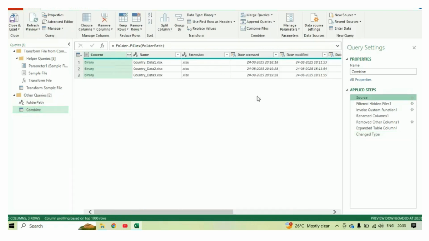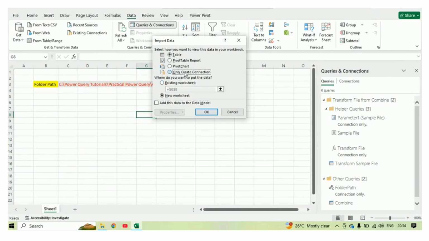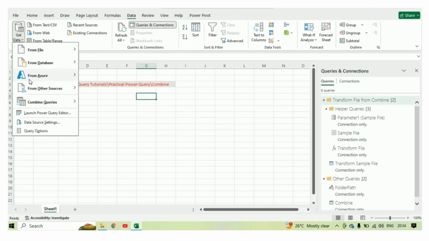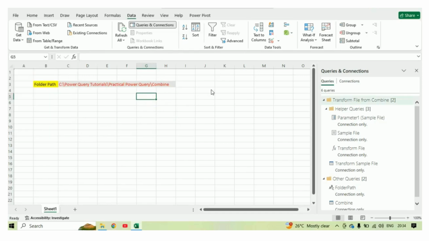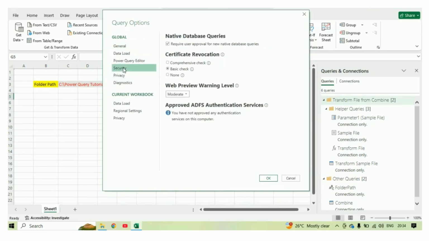One quick issue I also want to tell is that sometimes when you are combining folders with Excel files, the combine operation may not happen. So if there is some problem that is occurring during combining the files, I will just take you through that. So always check for this option, go back to data, get data, and go back to your query option here. And once you click on the query option, you should be getting certain configurations here. Go to your security option